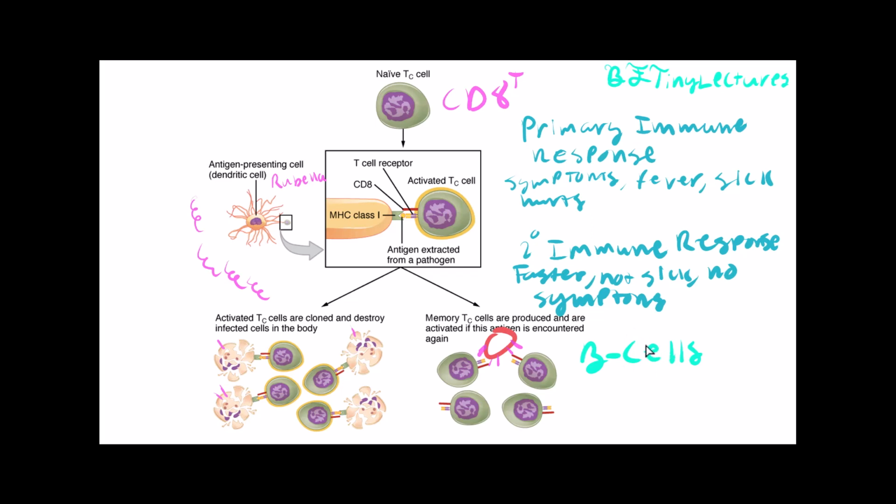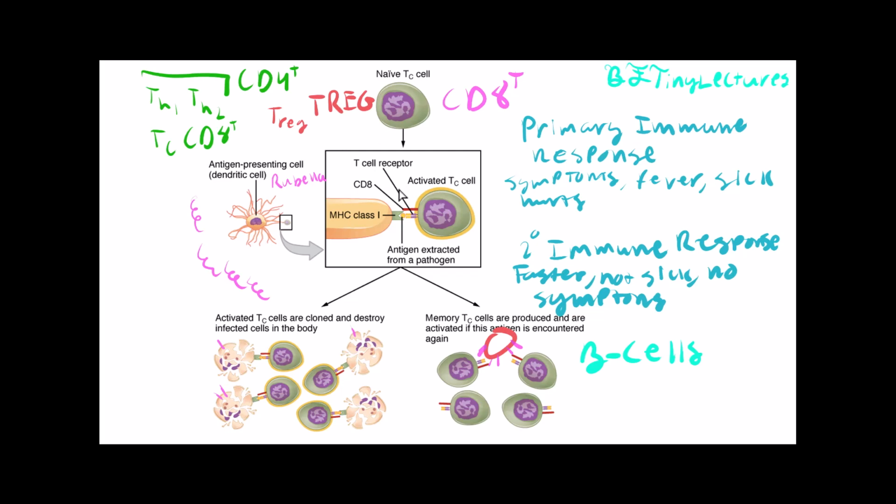But before I talk about B cells, I want to talk about one last type of T cell. So we talked about the T helper cells and how there's T helper 1 and T helper 2. And we also talked about how there's cytotoxic T cell, which is CD8. So this is going to be CD8. And these guys right here are going to be CD4. But there's another type of T cell, and those are called T regulatory cells, TREG. And these guys are T regulatory cells, and we just discovered them a couple of years ago, so we're